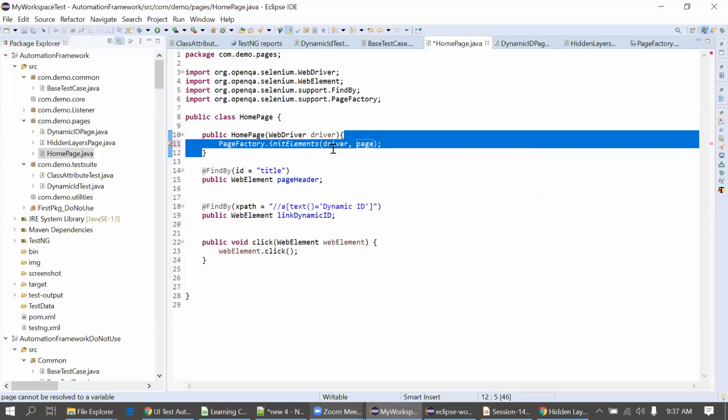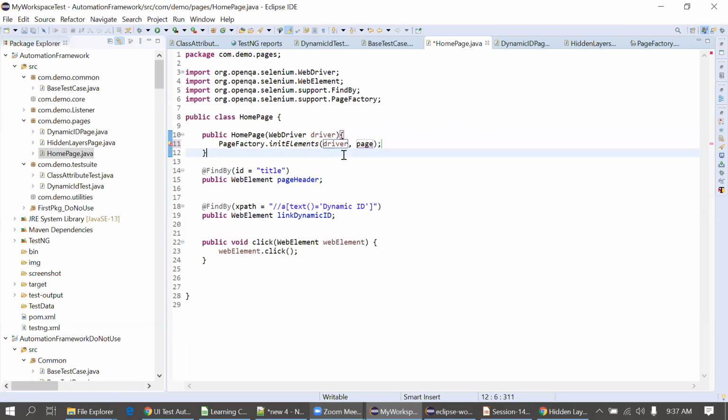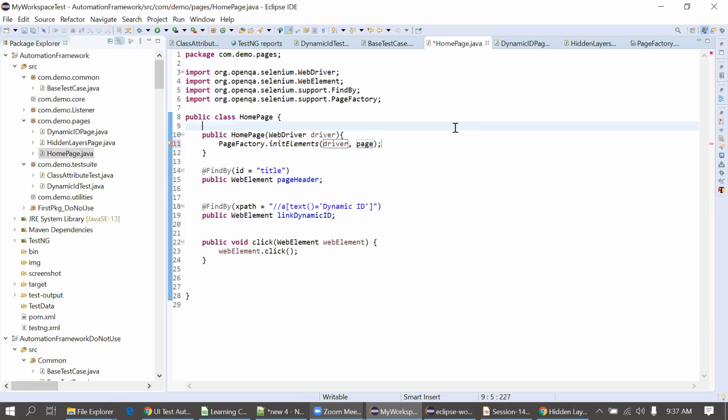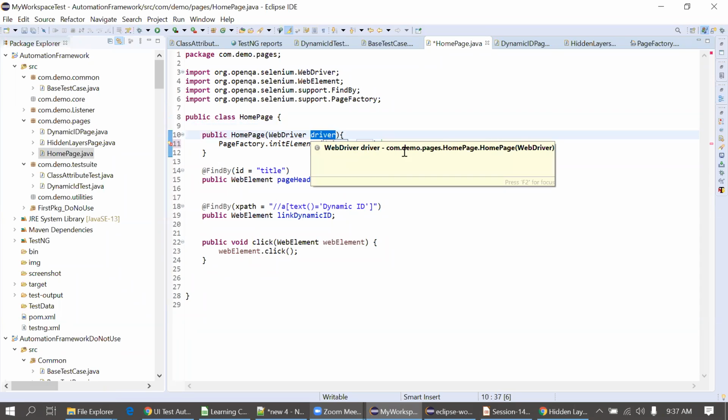And this is of the page class, sorry, the base class. This is local actually. For now, this is local. When we are creating the object, then it will call from base. I got your point. But the driver you are passing over here is from that class, right? Now we want that driver to do these things, not this class driver. So we haven't initialized any WebDriver in this page. Am I right? Correct.